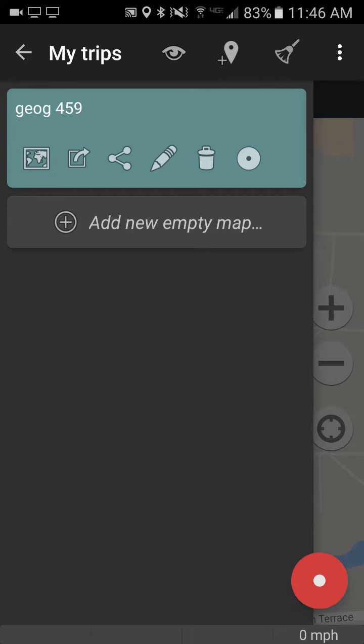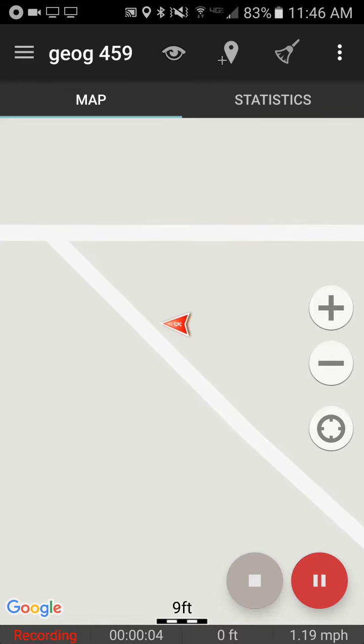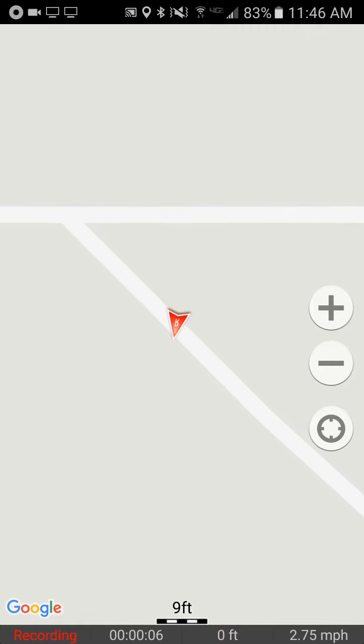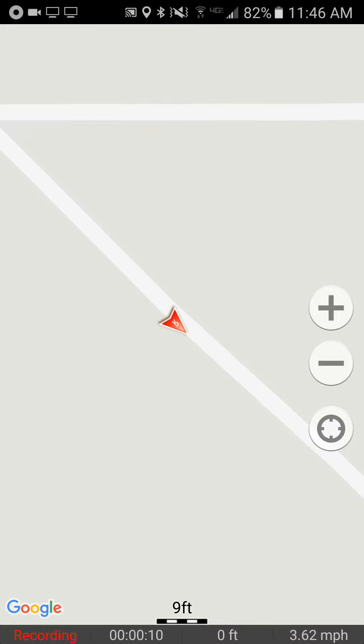So we can view maps, we can share things. All of these icons are pretty standard. What we're going to do is the circle on the right of that list is the record button. So we're going to hit that, and we're going to start recording our track. So as we start walking around, you can see the needle start to move, and so it's recording my track